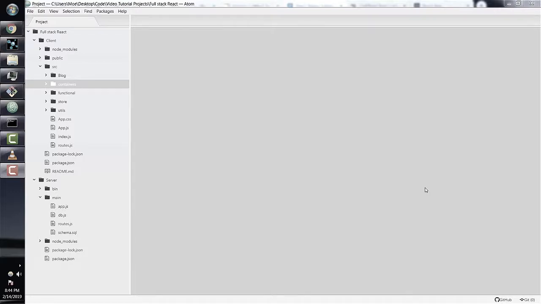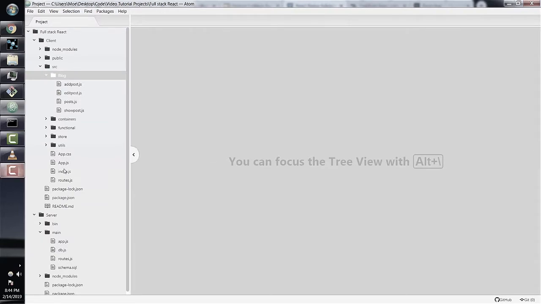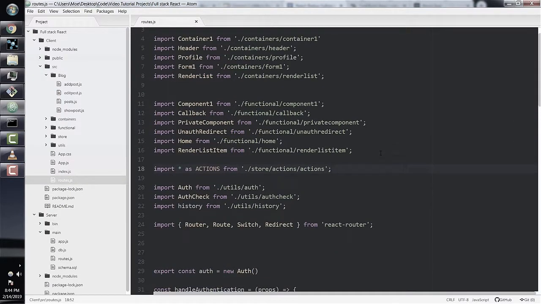So this is going to be a very quick section where I just go over how to set up the routes for our client-side blog and also set up the links in the header. So let's first start in our routes.js file and import all the components. So let's do import posts from